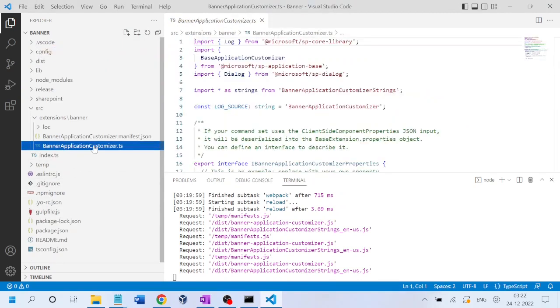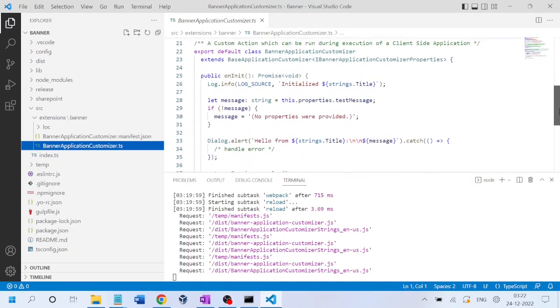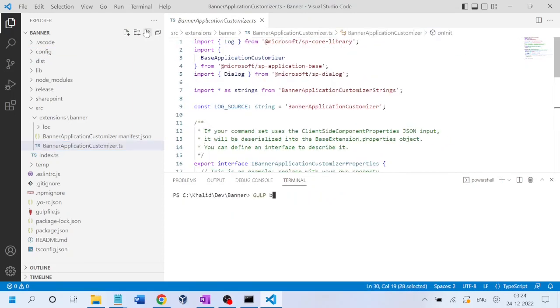In here you can change the default message that you want to give on that alert and use that alert functionality. So now see if this alert is what you would want, and after making the change to the text